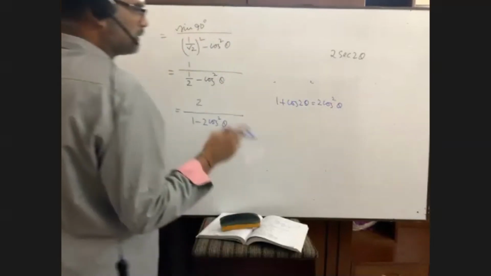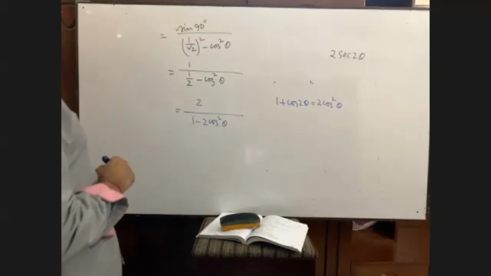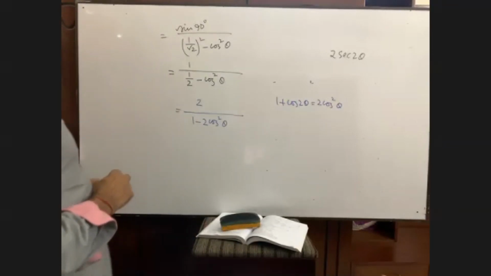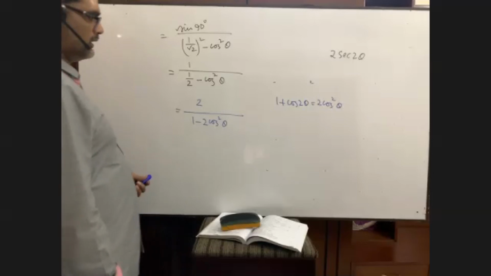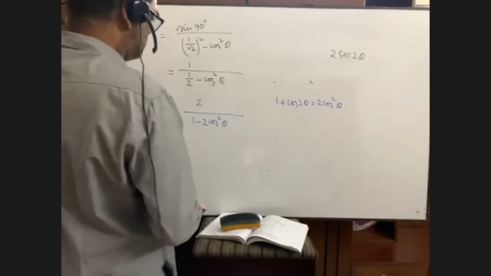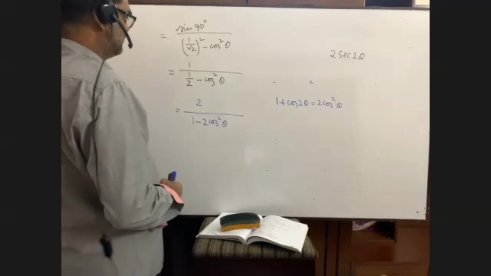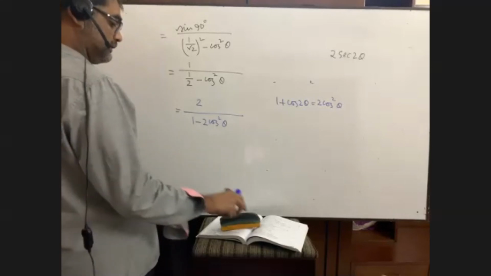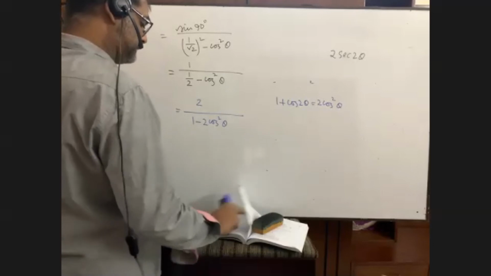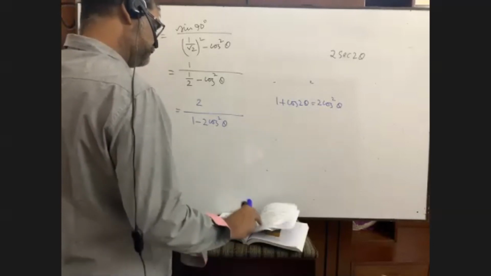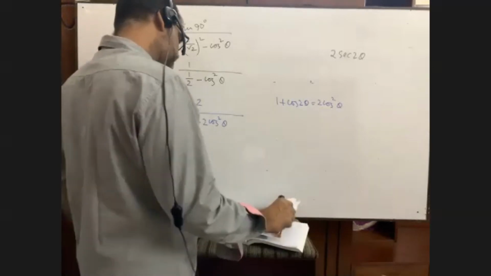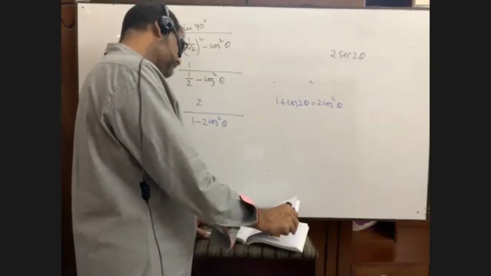But there is a problem of minus. Where is it? We are wrong in our formula. What is the formula? Cannot remember. Cos of a plus b into cos of a minus b. You did not give me the correct information. Cos of a plus b into cos of a minus b.